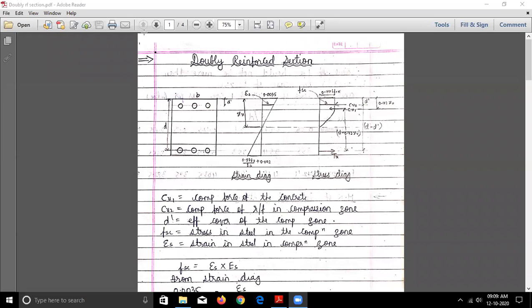I think we have already discussed this: when the size of the beam is restricted. When the size of the beam or the depth of the beam is restricted, correct? And anything else apart from this? When the acting moment is more than the moment carrying capacity of the beam. Exactly. So when the acting moment is more than the capacity of a singly reinforced balanced section, then